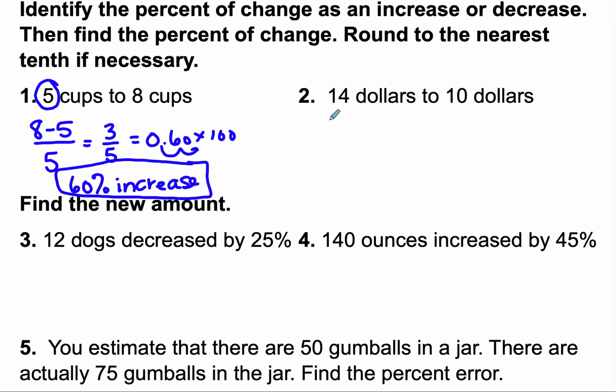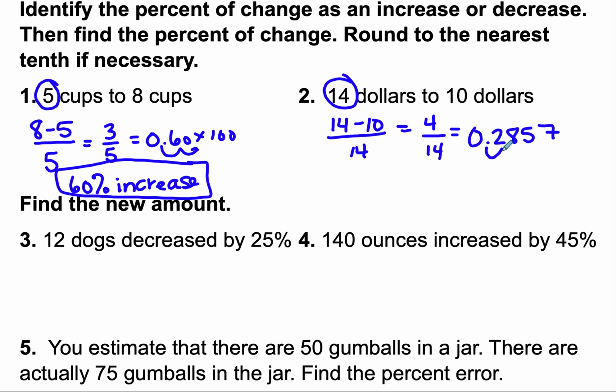All right, let's look at our next one. $14 to $10. We're subtracting big minus small. We're dividing by the original. 14 minus 10 is 4. Then we're going to do 4 divided by 14. It's a long decimal here. I'm going to do the first 4 decimal places, 0.2857. Can move that decimal 2 places over. So I've got 28 point, and then I need to decide if it's going to be